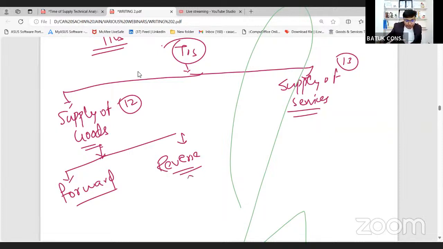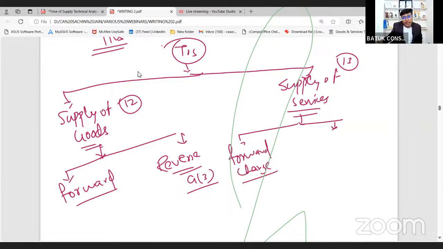Section 9 subsection 3 specifically mentions a certain list of goods, and if you are supplying that particular type of goods, in that case the recipient will make the payment of the taxes, the supplier will not make the payment of the taxes. That is the provision in case of reverse charge. Okay, the same principle will be applicable in case of supply of services: forward charge and reverse charge. So these four scenarios in total, I have four scenarios and in four scenarios I need to decide the